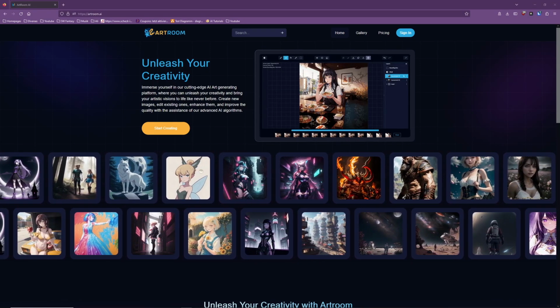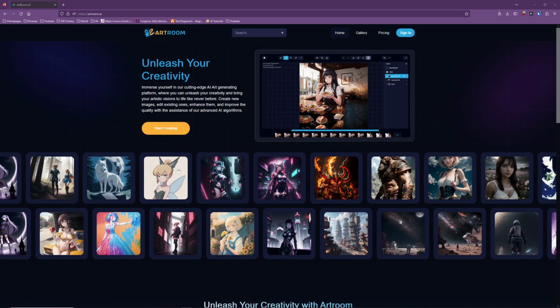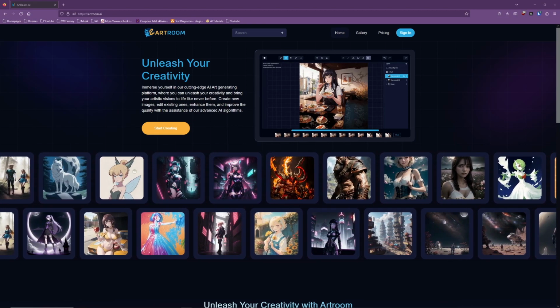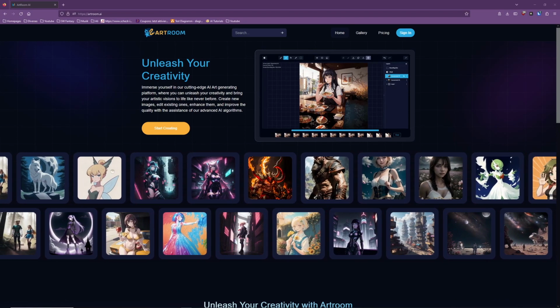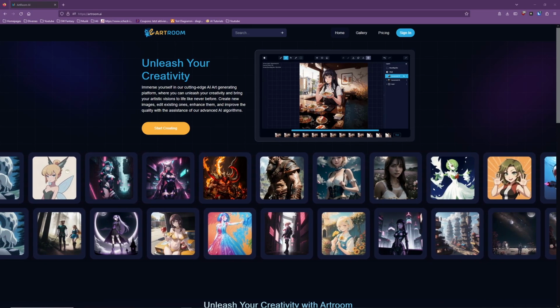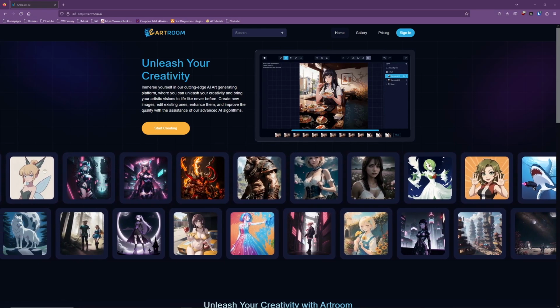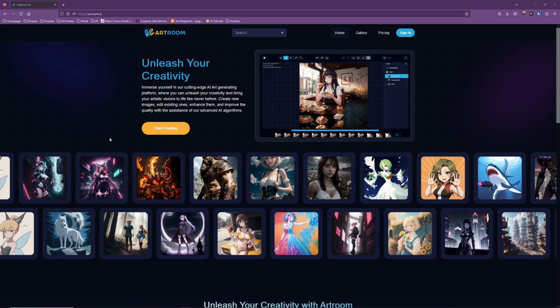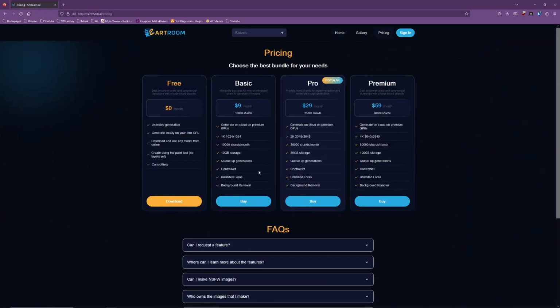Feature-wise, it does support most stuff, so it supports all of the base models. It does support SDXL now, and you can use LoRAs with it, so most of the things you want to do, it can do. Now, to get Artroom, you simply go to artroom.ai, click on Start Creating, and as you can see,